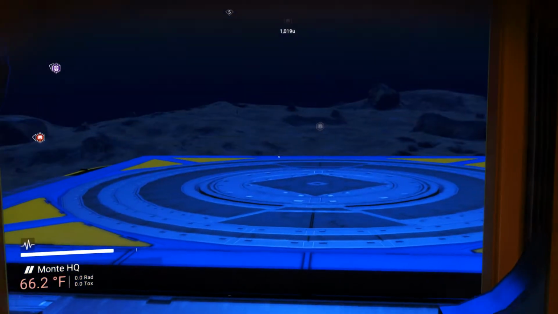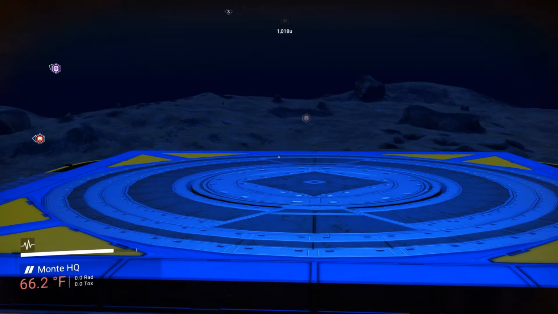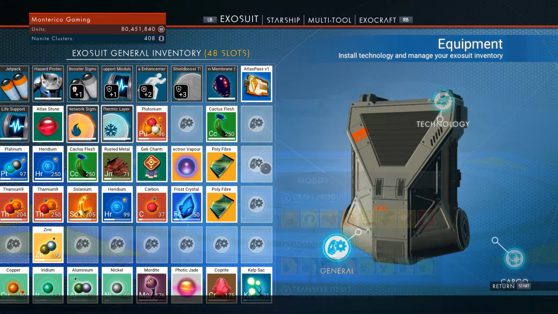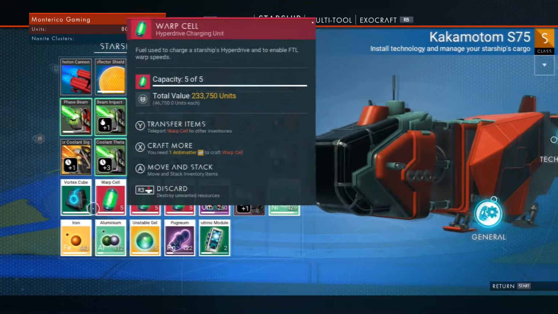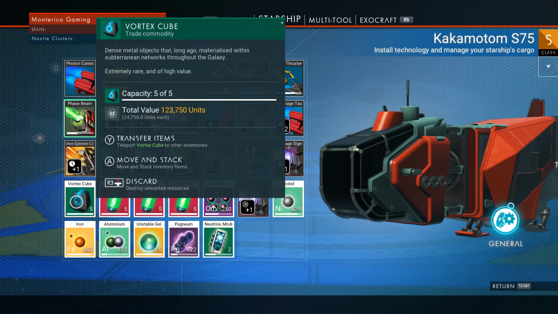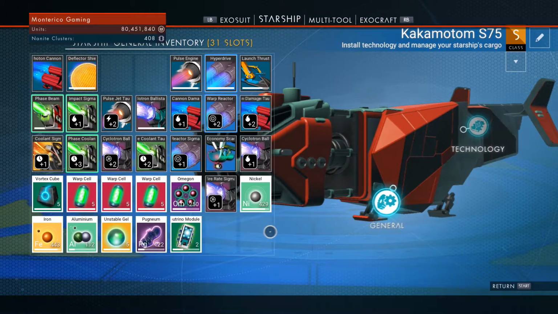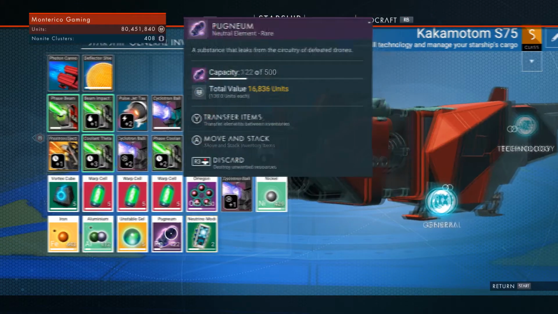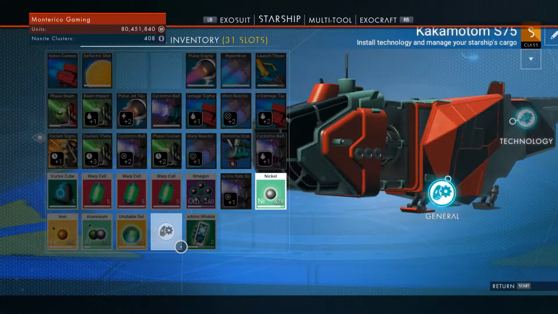Never got lucky and showed it off on camera, but really didn't take too much grinding. I might remember to throw up a little image here, but finally got Omegon, and amazingly, 2 ships in a row had it, and the one right before it had vortex cubes, all very rare resources. And what this is going to allow me to do, as soon as I figure out what I want to move out of this spot here, we're going to move that down here,